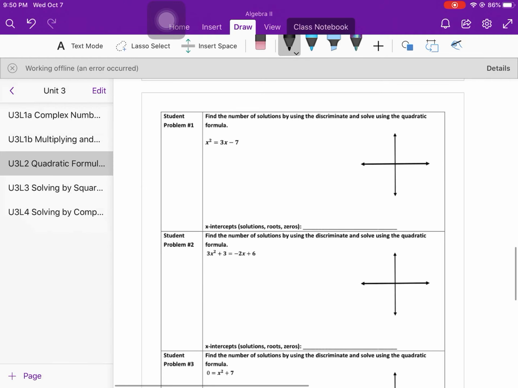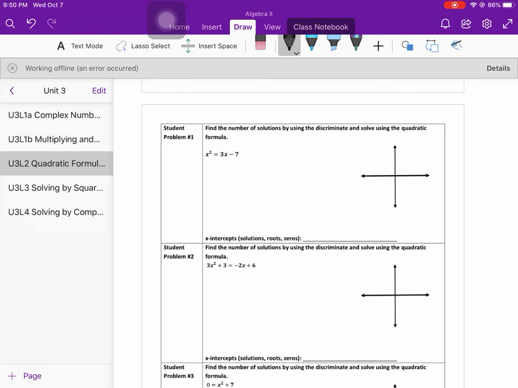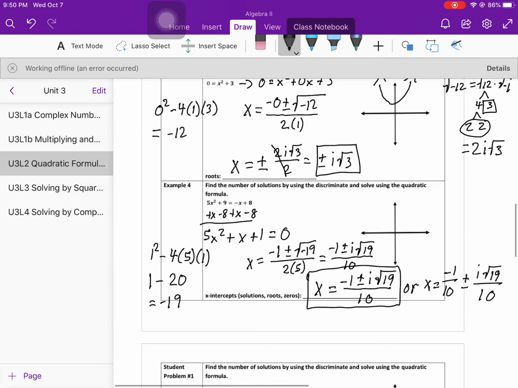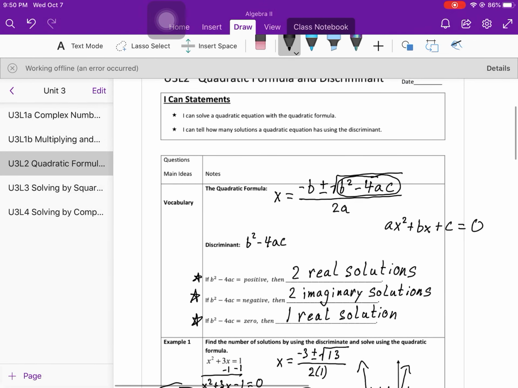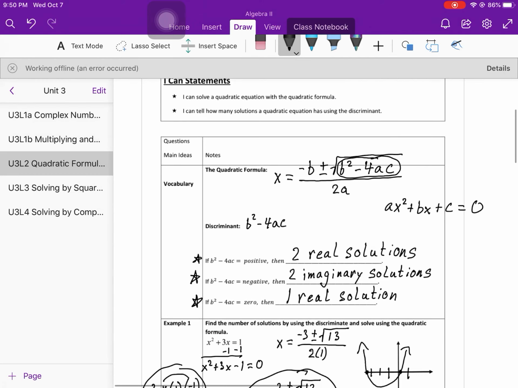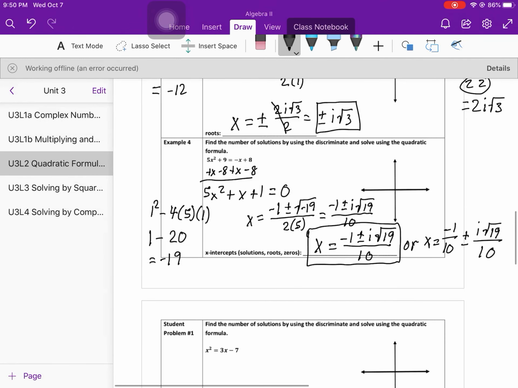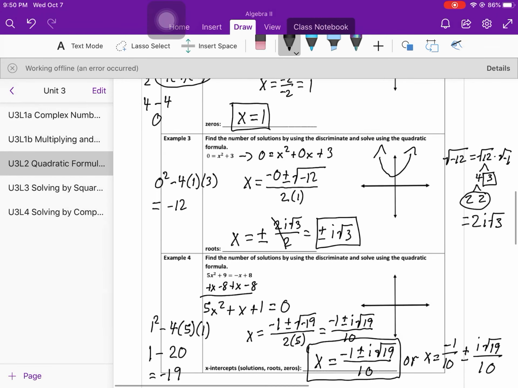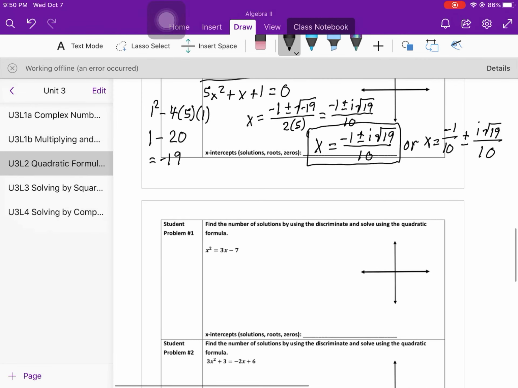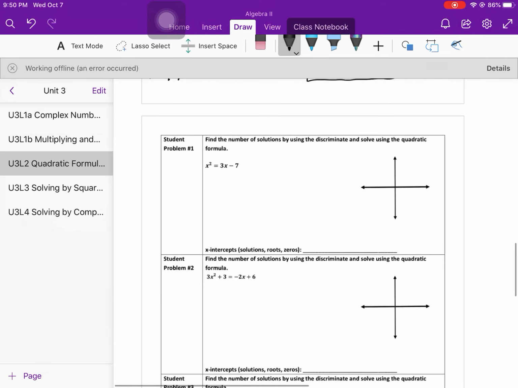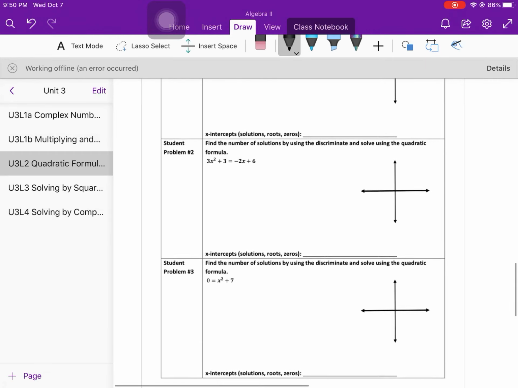Okay, so you have the student problems. Do the same thing. Solve for the discriminant first and then use the quadratic formula. You might have to use the quadratic formula just by going up here and memorizing it. It's something you should be familiar with, and that's why I didn't really reflect back on it too much. But you can definitely go back and forth and keep writing it on the side of every problem if that helps. Okay, do those student